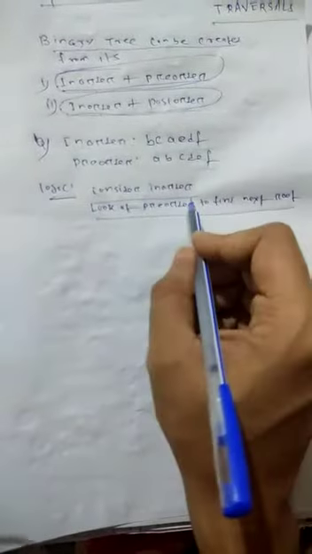Suppose a question is given with the in-order traversal and the pre-order traversal, and it asks to construct the binary tree. Then what is the logic first? See, the logic is here. Consider the in-order, then look at the pre-order to find the next root. So first we consider the in-order. What is the in-order here? This is the in-order: B, C, A, E, D, F.